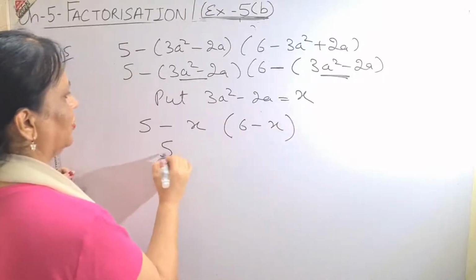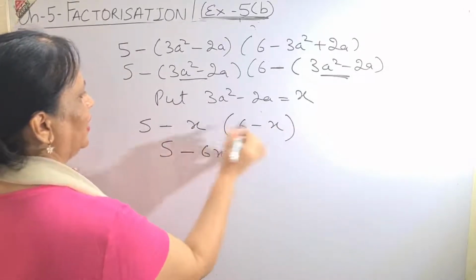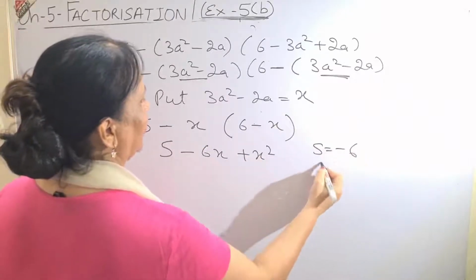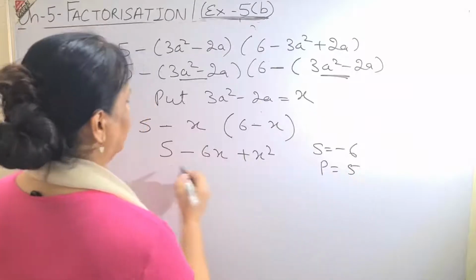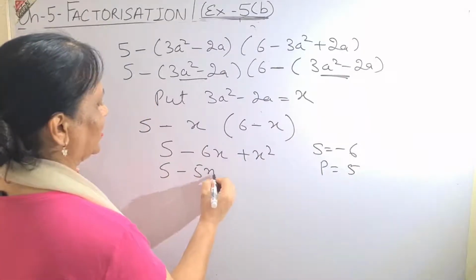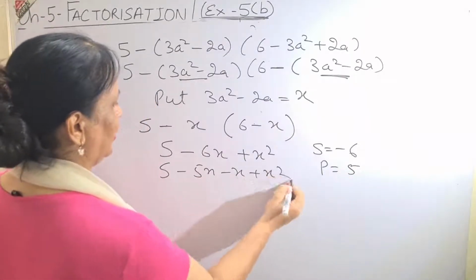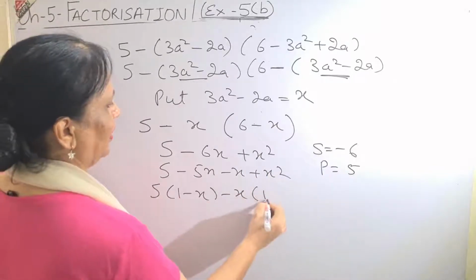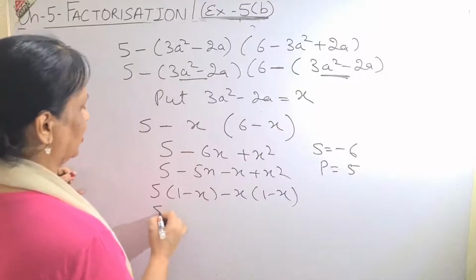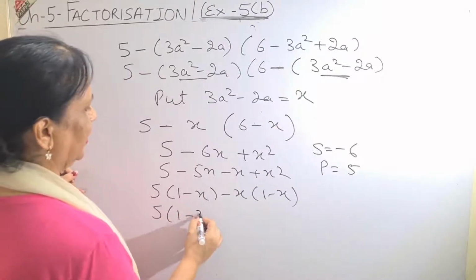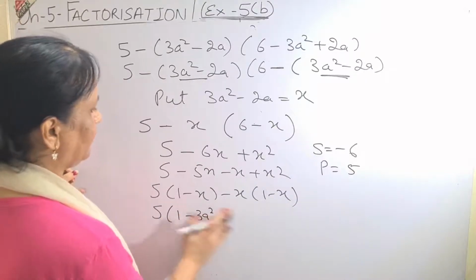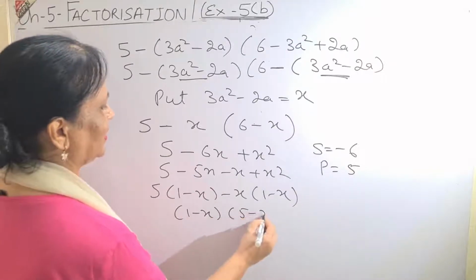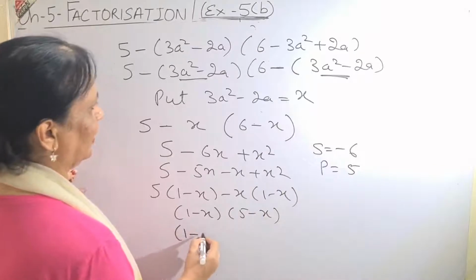And this type of sum you have done. Minus 6x, minus into minus, plus x square. The sum has to be minus 6 and the product has to be 5. So you can write 5 minus 5x minus x plus x square. Take 5 common, 1 minus x common, 1 minus x. Resubstitute the value back. First you take the common factor out, 1 minus x, 5 minus x, and then please resubstitute the value back,